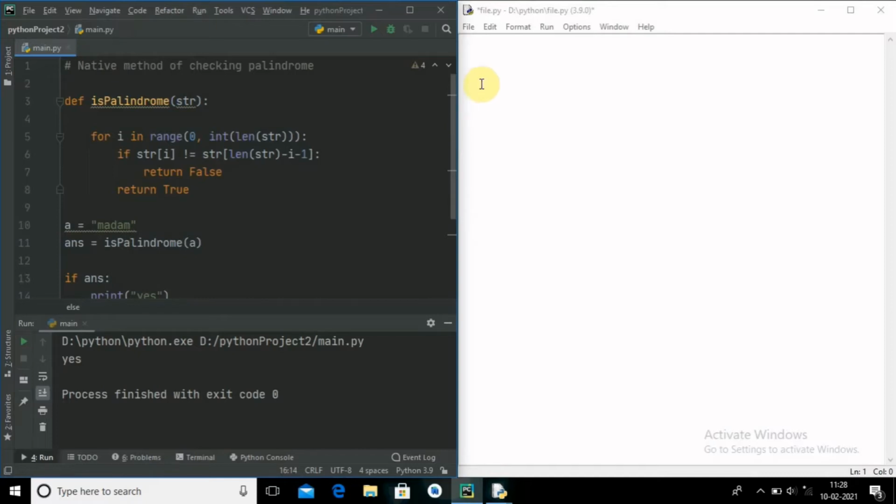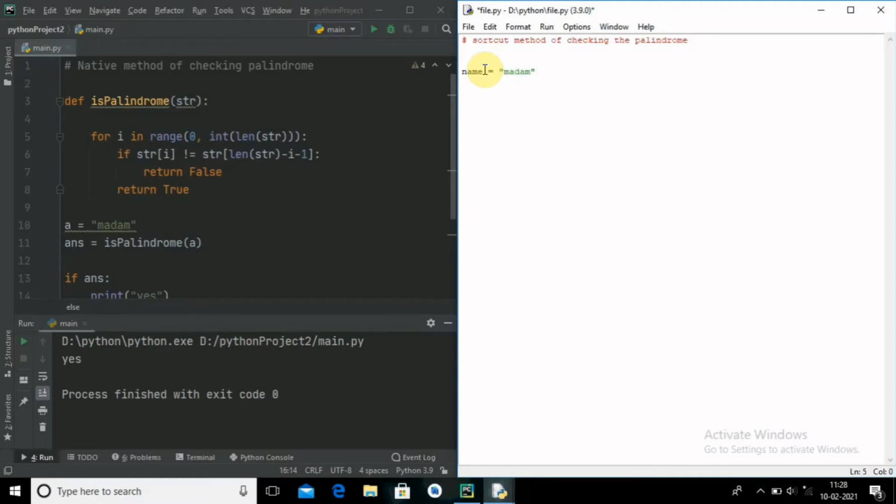So here I will write a shortcut method of checking the palindrome. Here you go. Here I will give the name equal to madam.